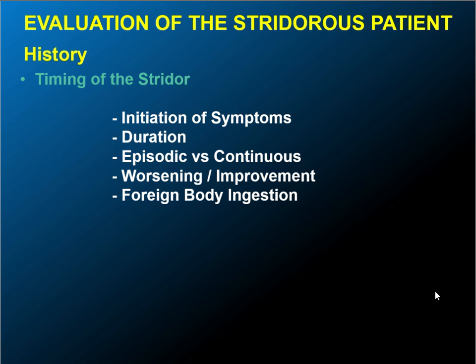Timing of the stridor has to be assessed. We have to ask, when did the symptoms start? Because it helps us in the diagnosis. For example, laryngomalacia develops around the first 2 weeks after birth, whereas hemangioma is present after 2 months